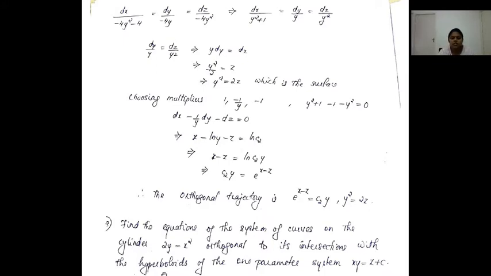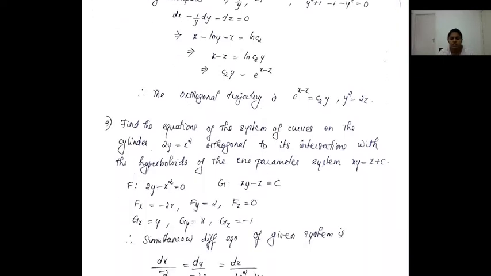And another example is, so we'll go to the next problem, to find the equation of system of curves on the cylinder. Again here you have 2y equal to x square and orthogonal to the intersection with the hyperboloids of one parameter system xy equal to z plus c. So here this is your f of xyz equal to 0, and here you have g of xyz equal to c. So we take it as 2y minus x square and here xy minus z, and then compute the first order partial derivatives. So that will give fx, fy, fz, then gx, gy,